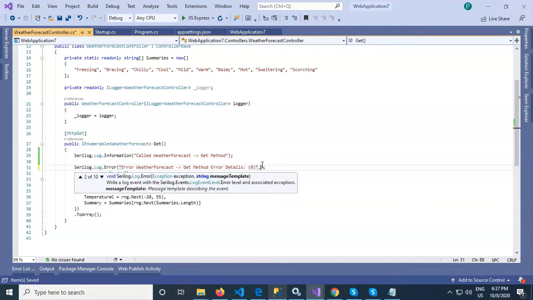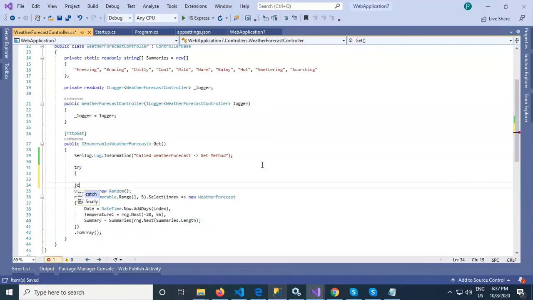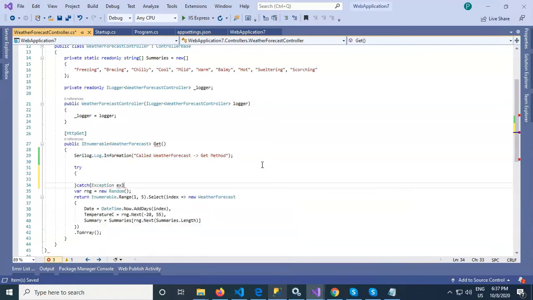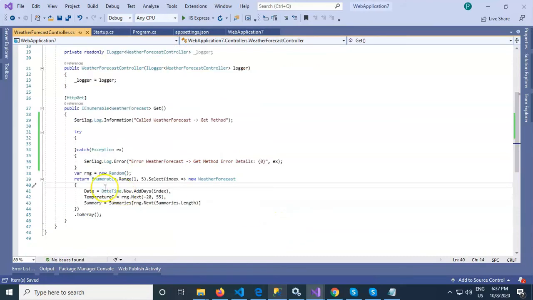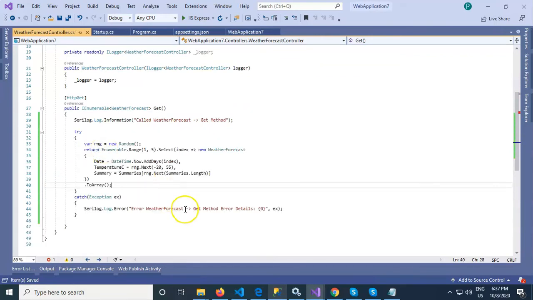Here we put any errors if we have, like let's create a try catch block, and in a catch we do exception. Here I log this exception ex. Now let's put it into try block.